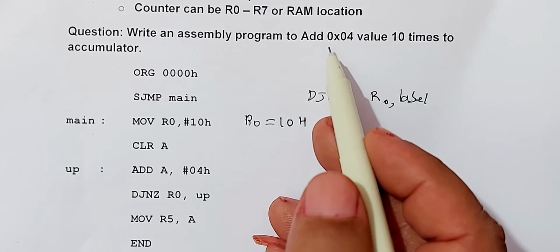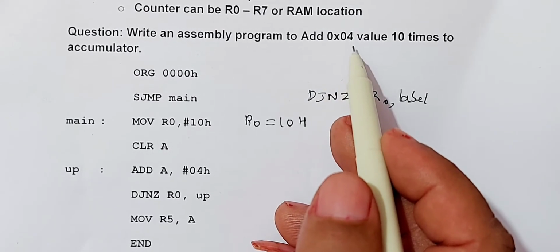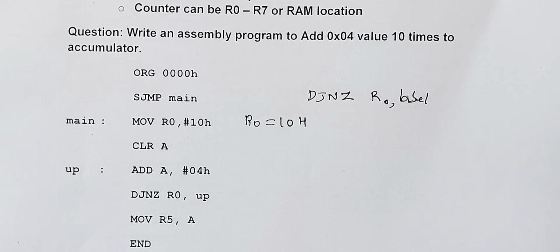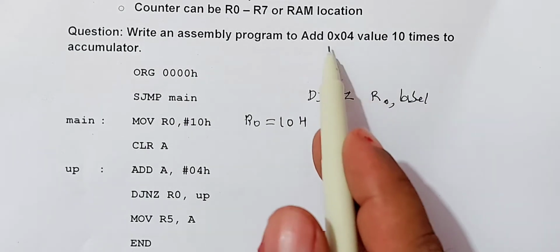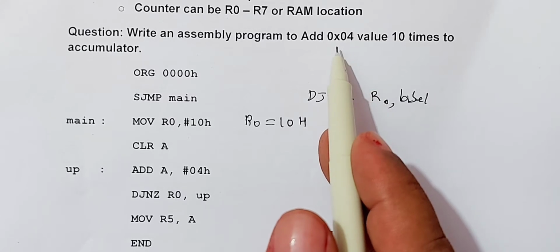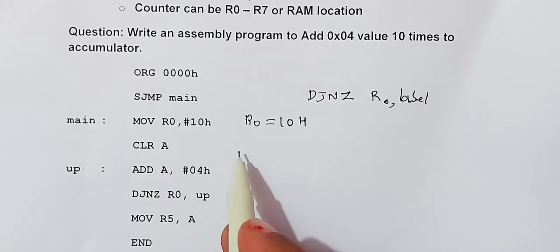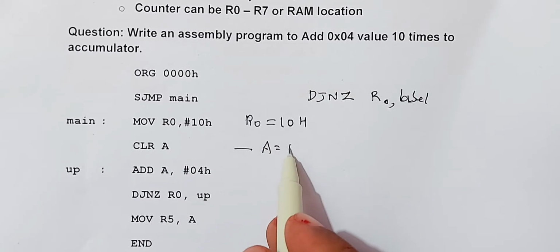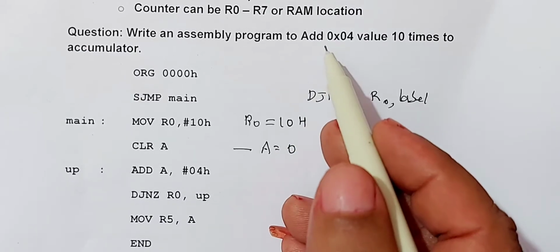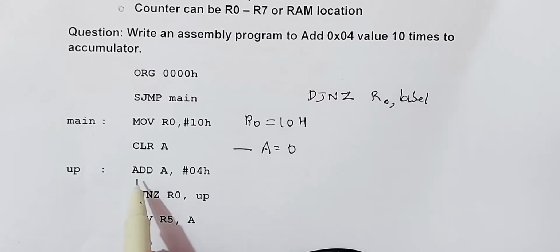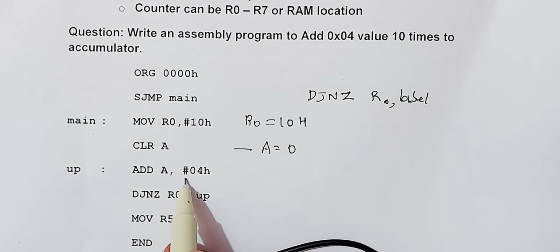Now you have to add the 2 bytes, the 00 byte and the 04 byte. Therefore, first you have to clear the register A. We know that for all arithmetic operations, addition, subtraction, multiplication and division, the register A must be considered. Here 00 has to be added with 04. Therefore, clear the register A first by the instruction CLR A. When you give the instruction CLR A, the content of A equals 0. So one byte is 0, another byte is 4. Therefore, you add this 0 with this 4 by the instruction ADD A, #04.